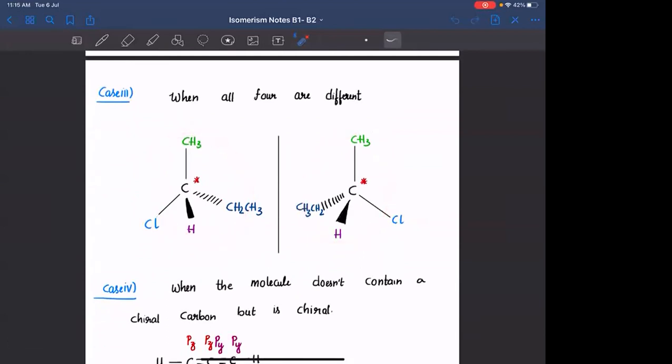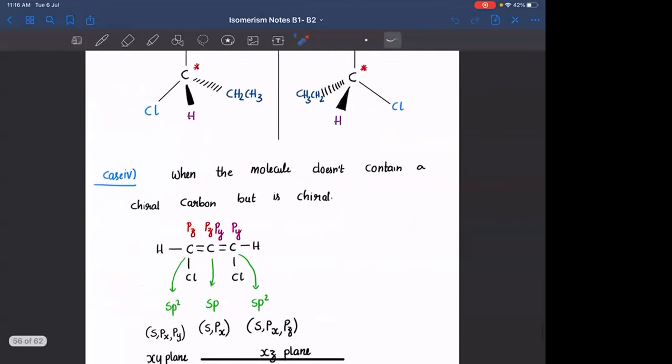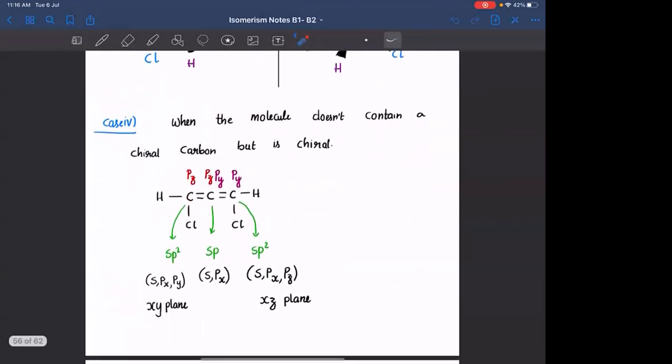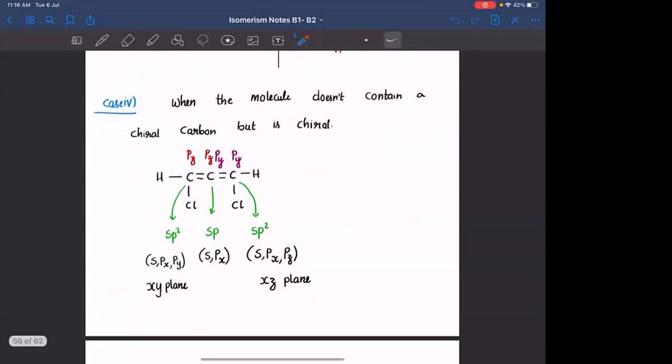These 2 may look exactly similar, but they are 2 different compounds and it can be identified by their optical activity. The one which rotates in the clockwise sense is called dextrorotatory. The one which rotates the plane of polarized light in anti-clockwise direction is called levorotatory. If it is dextro, we will identify that as positive. If it is levo, we will identify it by negative. Okay? We have seen a very important example for a molecule which doesn't have any chiral carbon yet it is